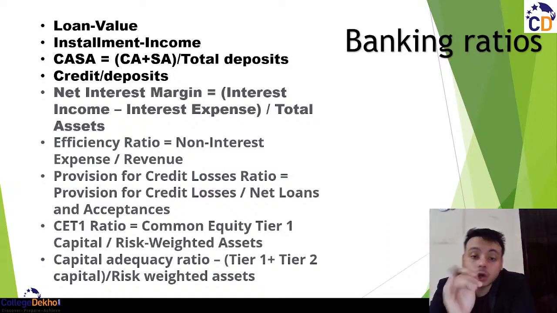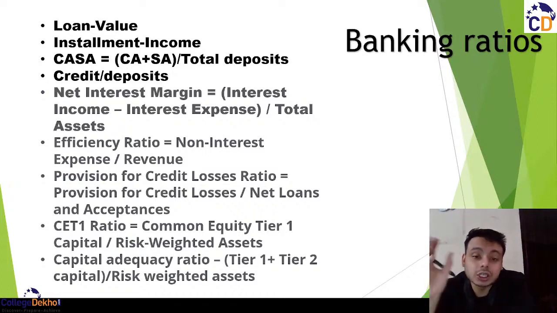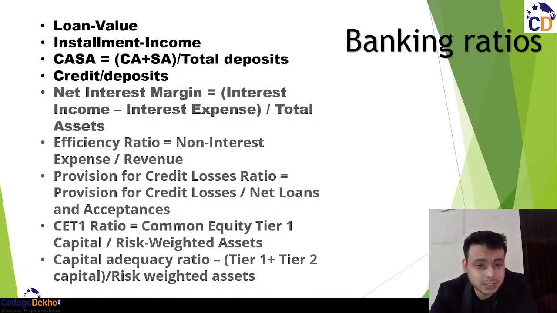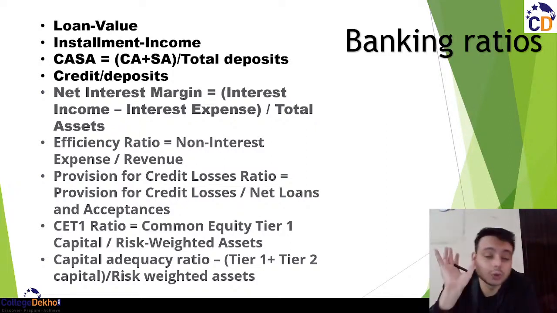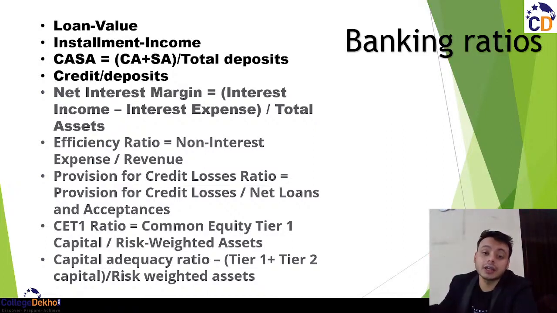But if out of that 100 rupees or on that 100 rupees the banking companies have made certain provision for that, right? मान लो, and provision for credit losses is exactly that. अगर बैंक को लगे कि मैं 100 करोड़ मुझको वापस नहीं मिल सकता या 50 करोड़ मुझको वापस नहीं मिल सकता, the bank has created a provision for that equivalent to at least 100 crores. That is, if a bank is not able to recover that 100 crore from that person, the bank already has that 100 crore in its reserves ताकि banking operations do not get affected and the banks do not go into bankruptcy and all, ताकि बैंक के पास पैसा बचे.